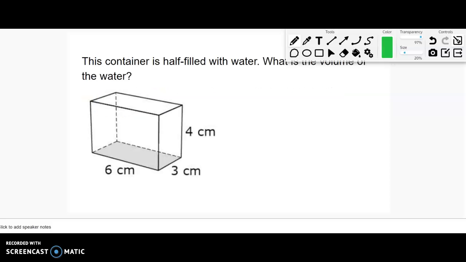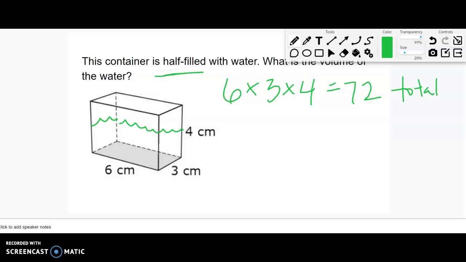Do another one. This container is half filled with water. What is the volume of the water? So this is going to be some green water. Fish tank that needs to be cleaned. Okay, half filled. So how could I solve that? Well, I could find the total volume and then just divide it in half. 6 times 3 times 4 gives me the whole volume. 3 times 4 is 12. 12 times 6 is 72. So this is the total volume, but I only want half filled, so I can take 72 divided by 2, which gives me 36